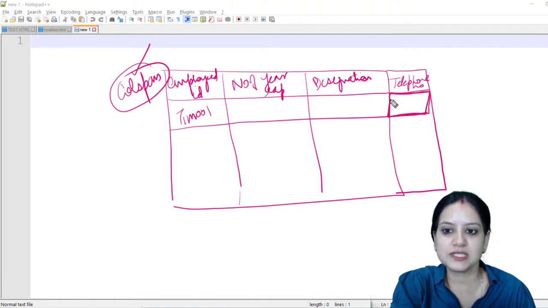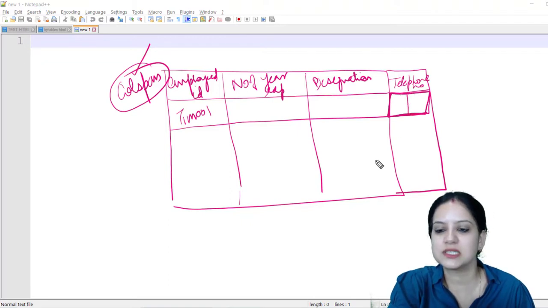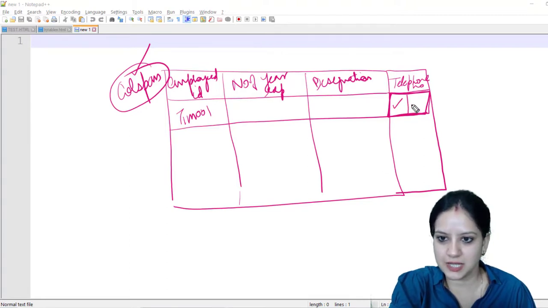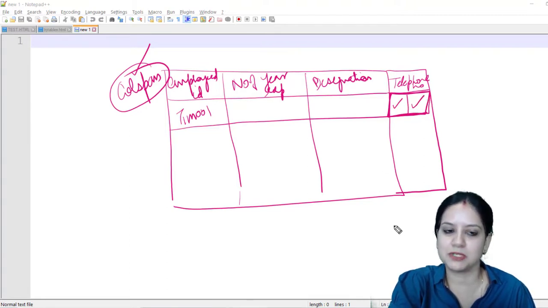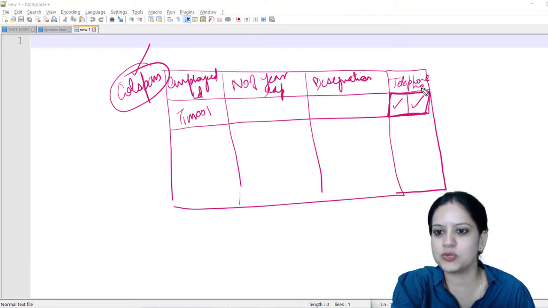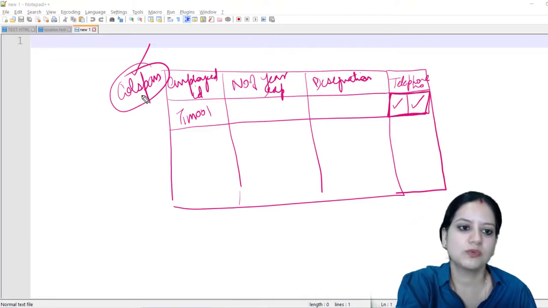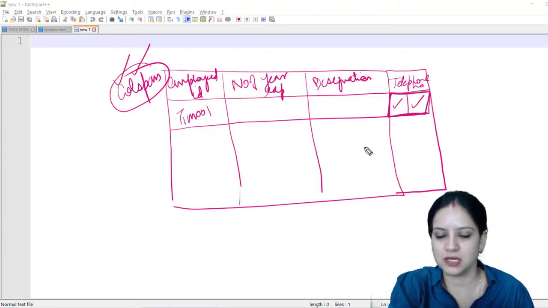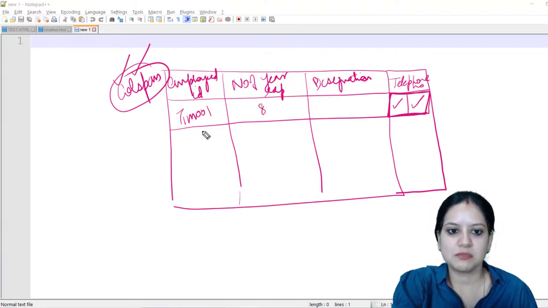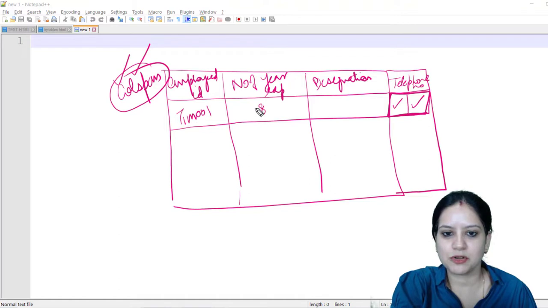But what we want is to split this column into two parts so that the first telephone number can be published here and the second telephone number can be published here. So since we are playing with the column, we will use the colspan. So let's say Tim 001 had the number of years of experience as 15 and was a project